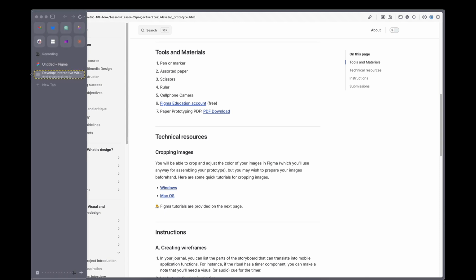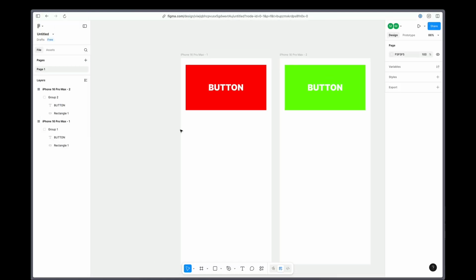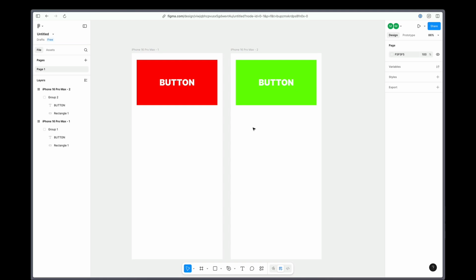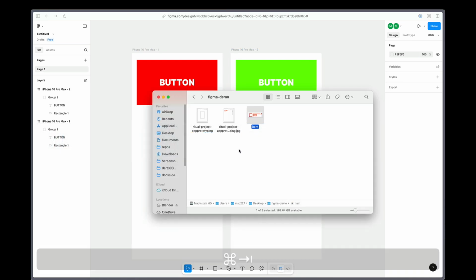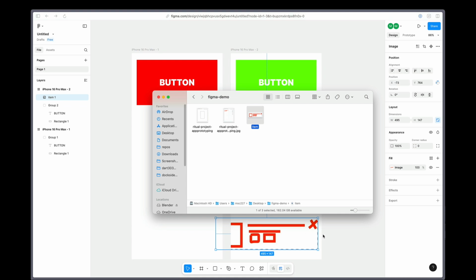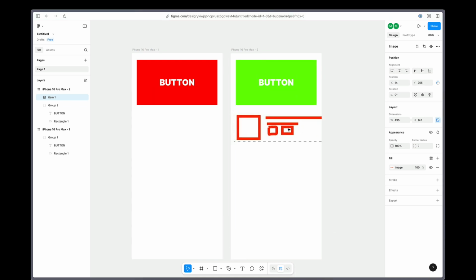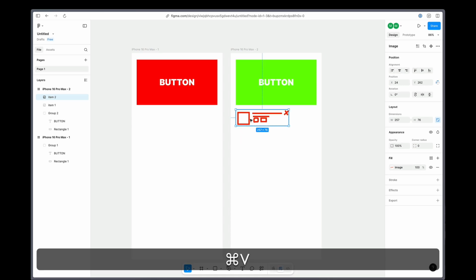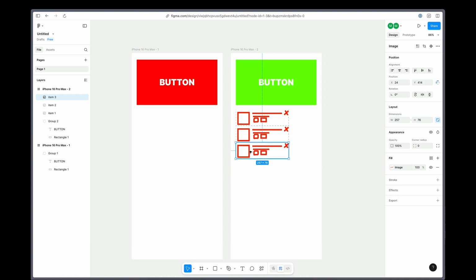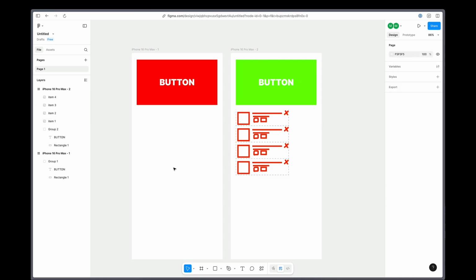I'm going to go back to Figma, and I'm going to add that item here. So if I go back to my folder, I can drag and drop that in. It's a little bit large, I think, because it had a weird resolution, so I'm going to just scale that down, maybe like this. I'm just going to copy and paste it here a couple times. Okay, so this will be on the second page. So now when I preview that prototype,